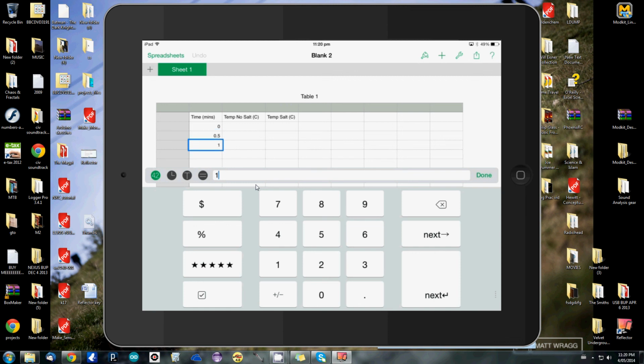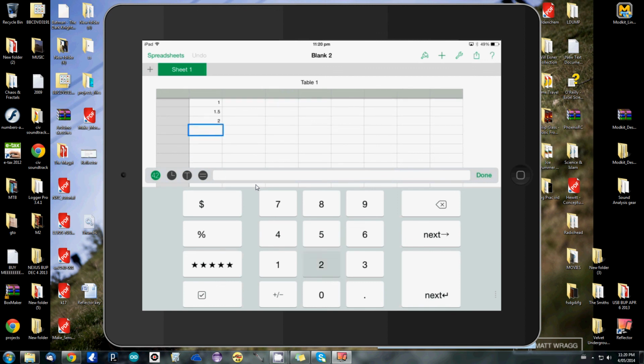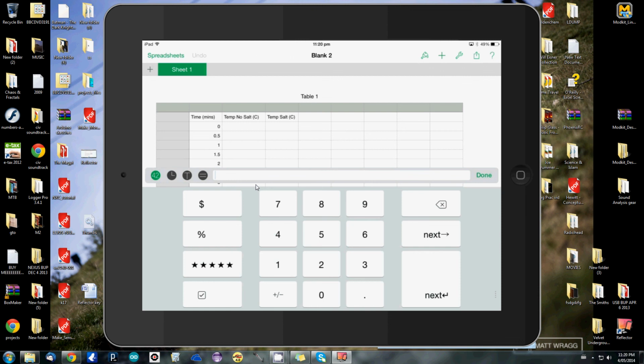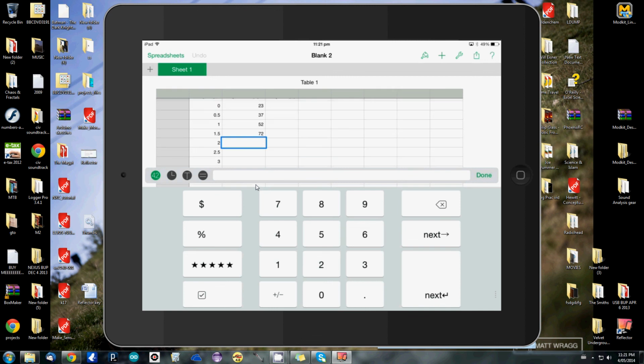Press next. 1 minute, 1.5 for 1 minute 30, 2, 2.5, 3, whoops, 3.5, I'll go up to 4. How far you went depends on how long your experiment did, but I'm just making up numbers here. Alright, then put in some made up temperatures, 23, 37, 52, 72, 86, 99, 102, 102, whoops,